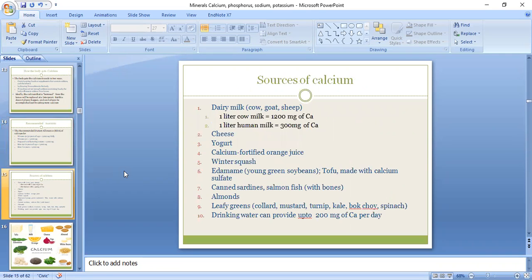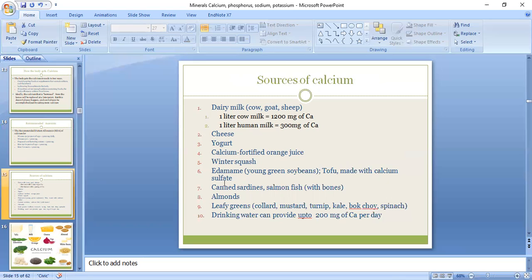The sources of calcium. The major source of calcium is milk, that is dairy milk, which may be from the cow, goat, or sheep. One liter of cow's milk contains 1200 milligrams of calcium, while one liter of human milk contains 300 milligrams of calcium. The other sources of calcium are cheese and yogurt, which are milk products, and others are calcium-fortified orange juice, winter squash,